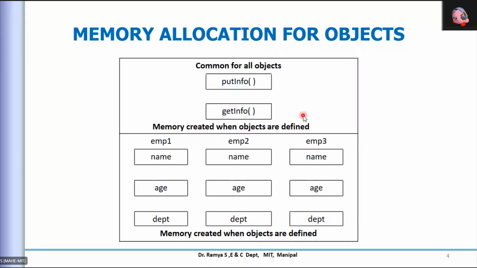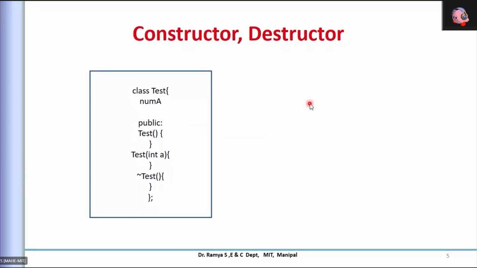This is one more diagram which you have already seen, but I wanted to recollect this. Whenever an object is created, you are making a data separation, so you have data encapsulation for each of them. For each of them you are creating a memory allocation for the variables, but there is only one copy for the functions which you declared.